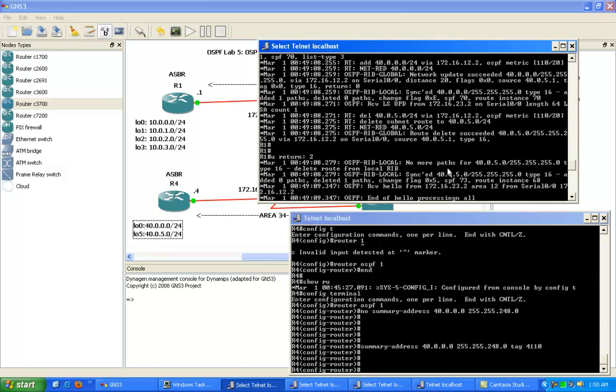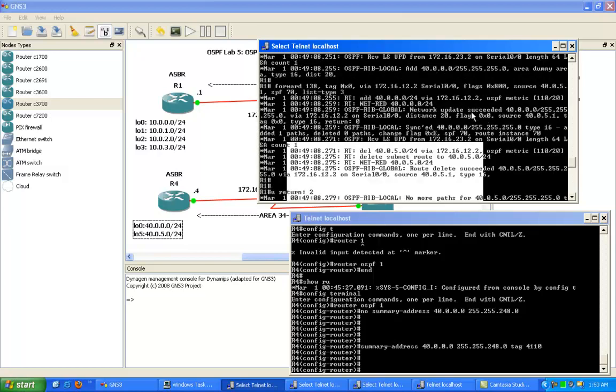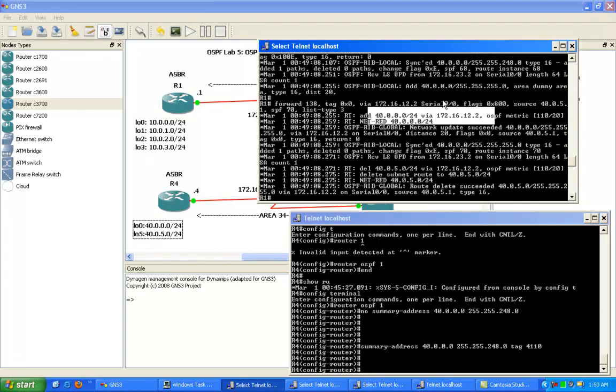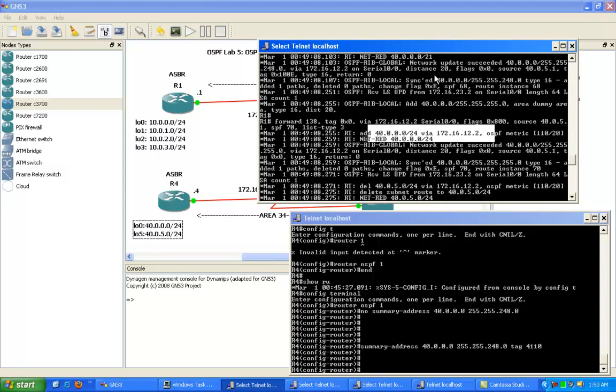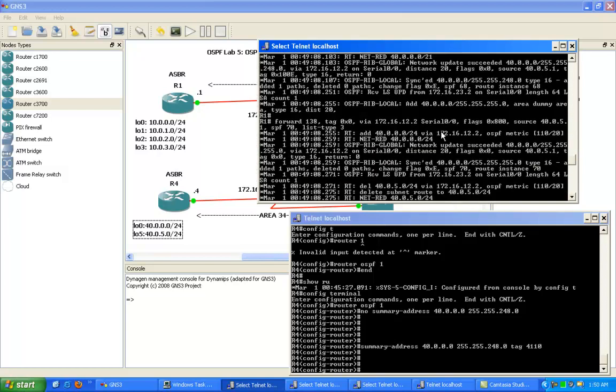I tried to see if I could find that within the debug command that we did up here, and I can't see that tag coming in. I don't think I did the correct debug command, but anyway, the point is here that the